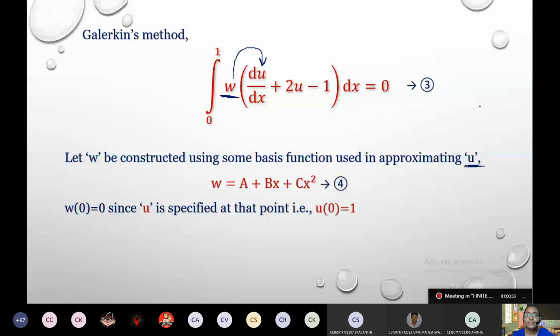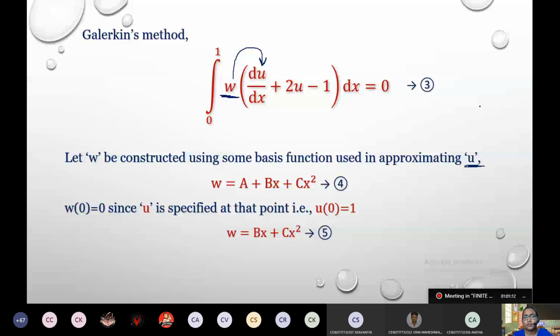I told you previously, where there is no residual, there is no weighting function. There is one specified point in the given problem, that at x is equal to 0, we already have the exact solution for u. So the weighting function does not exist at that particular point. So if the value of the weighting function is 0, when we substitute that in the taken equation, we will have the equation of the weighting function W is equal to Bx plus Cx square.